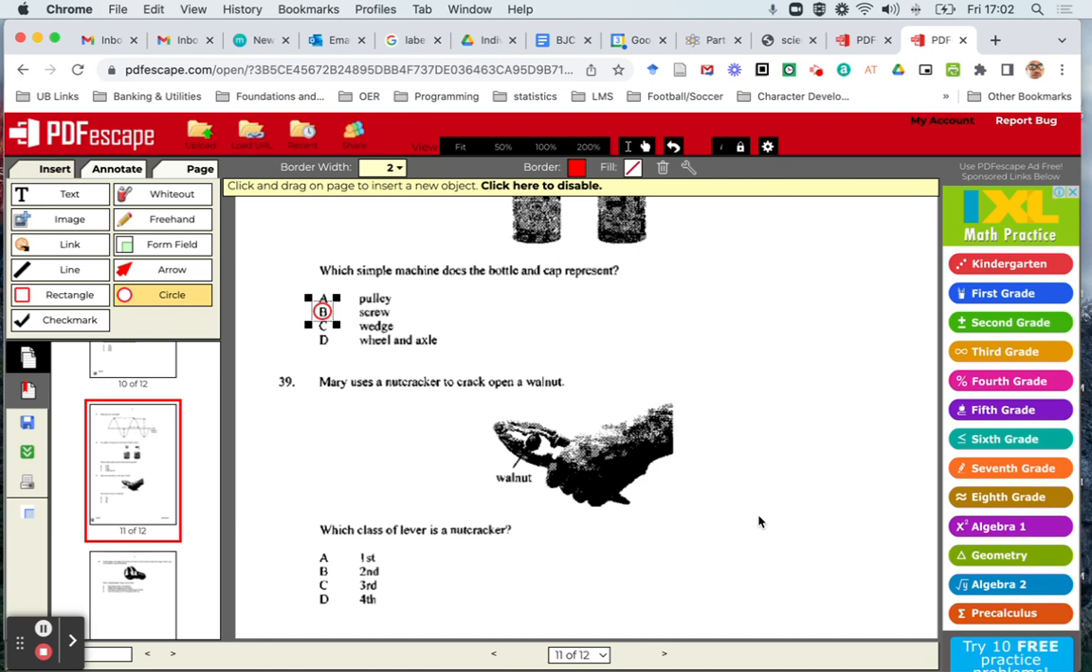Mary uses a nutcracker to open a walnut. Which class of lever is a nutcracker? Well, it's got to be a first class because there's only one fulcrum point. So I'm going to say A. And then finally,